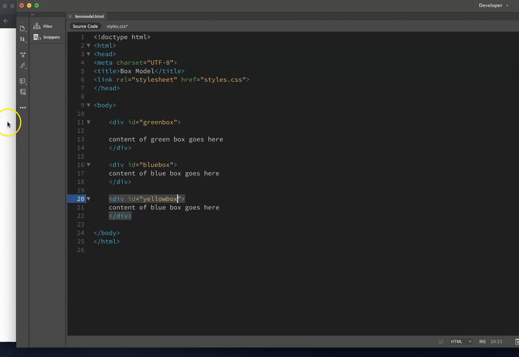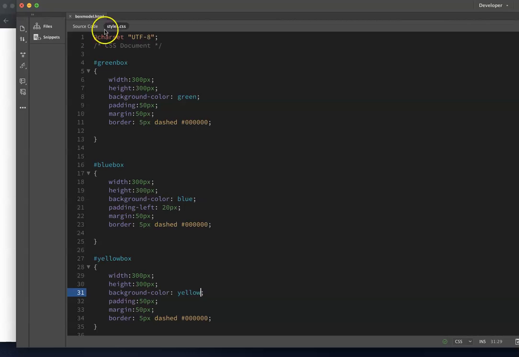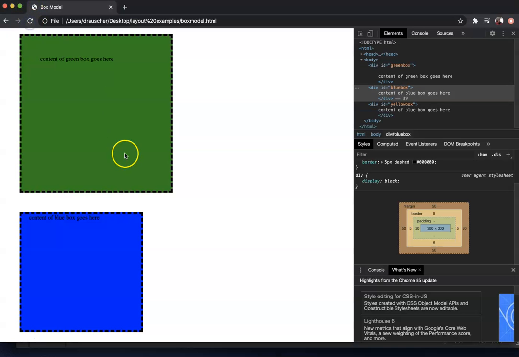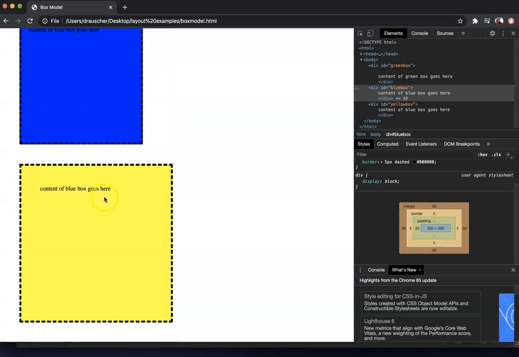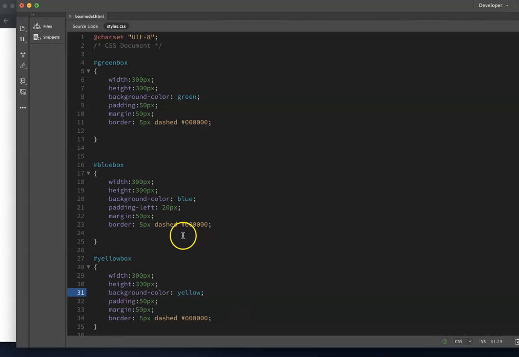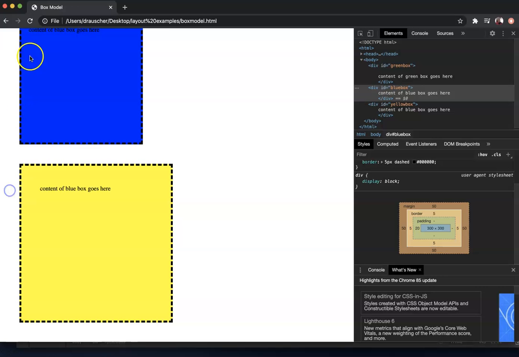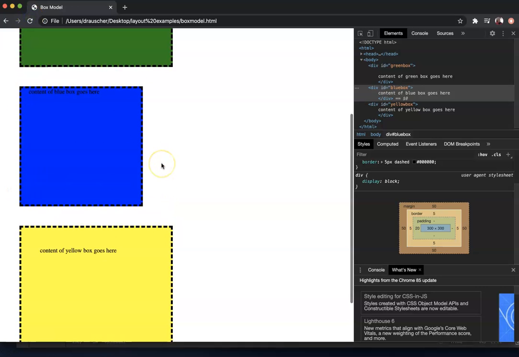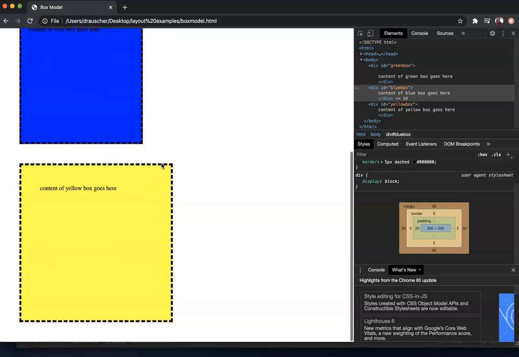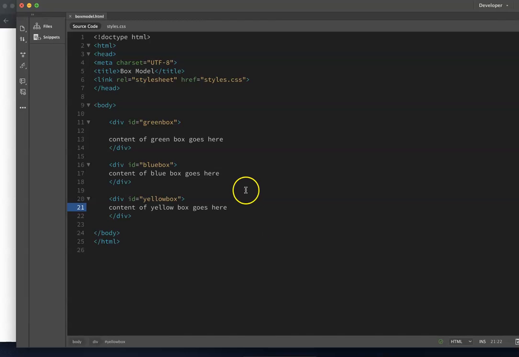I'm going to save that, and I'm going to refresh. And now I have a yellow box as well, except it needs to say on my source code, content of yellow box goes here. So now I've got all 3 of these boxes that are on my pages